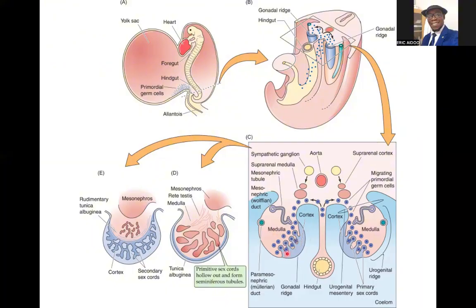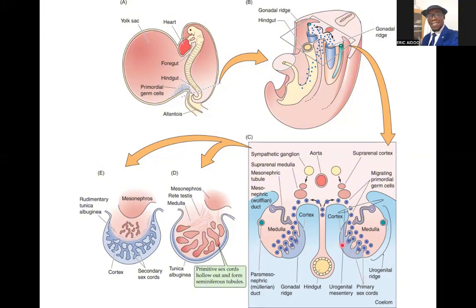Okay, so migrating primordial germ cells making their way there. That is the paramesonephric duct or Mullerian duct. We'll talk about it more in the female. That is the mesonephric or Wolffian duct, which is more significant in males, but we'll see what it will form later on. All right. So that's the primary sex cords, coming from the epithelium of the gonadal ridge, and